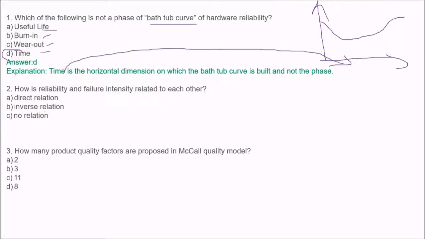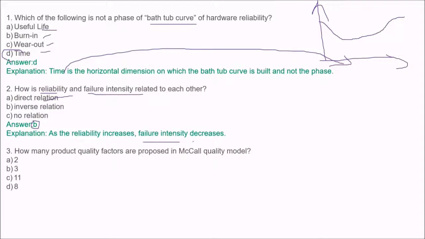Second is how is reliability and failure intensity related to each other? Direct relation, inverse relation, or no relation. The answer is B, which is the inverse relation. That means as the failure intensity decreases, the reliability increases, or reliability will decrease if the